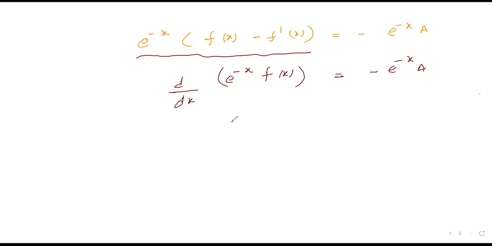So now it is quite simple. After integrating, you will get e^(-x) f(x) equals minus e^(-x) A. Okay, so after integrating, you will get an additional minus outside from this function because here it is e^(-x) into capital A, plus constant of integration, let's suppose capital K, right? Now, what is our boundary condition?